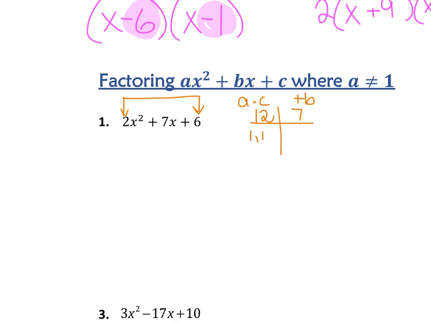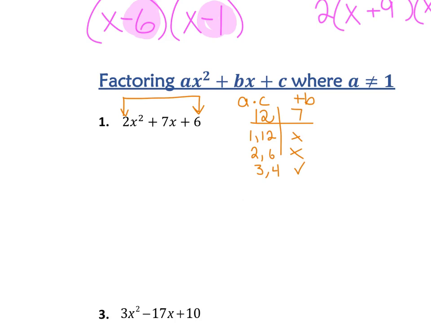Factors of 12 are 1 and 12, 2 and 6, 3 and 4. So you are looking for the 2 that will add up to 7. 1 plus 12 is not 7. 2 plus 6 is not 7. 3 plus 4, ding, ding, ding, winner. Okay,